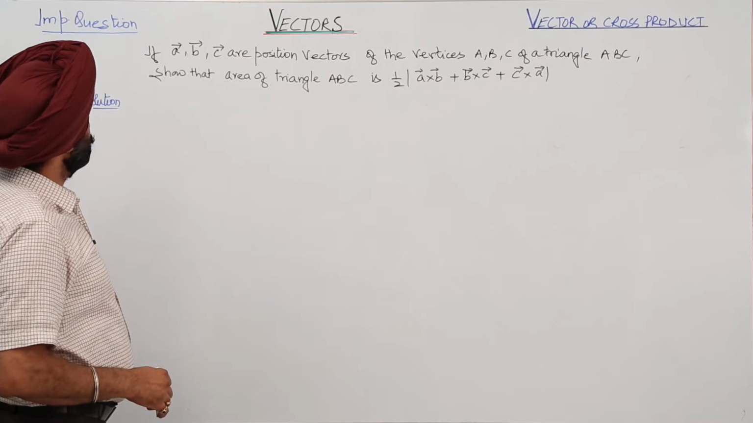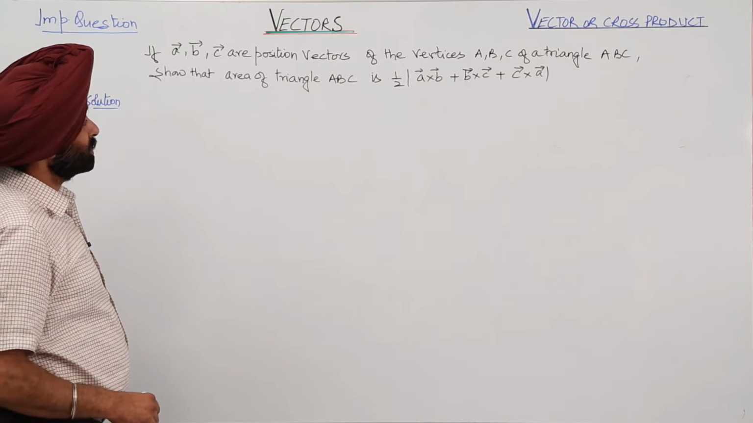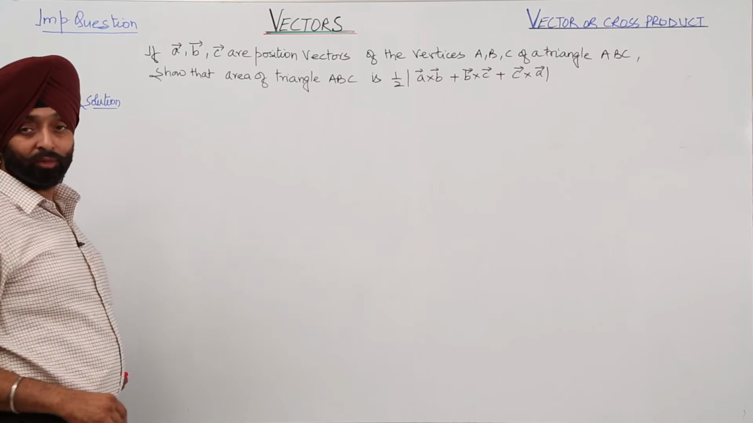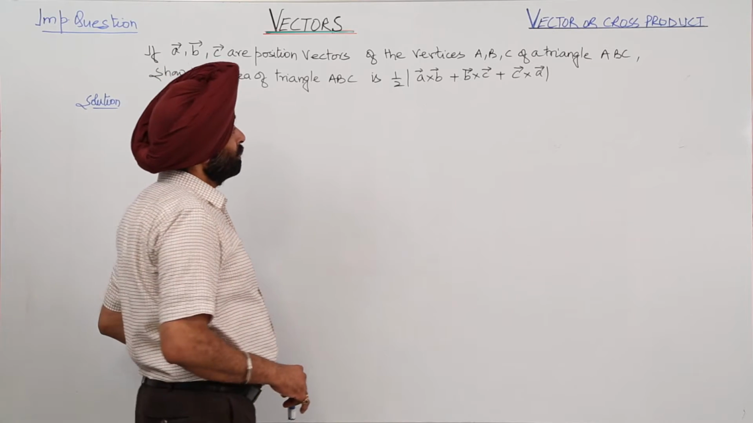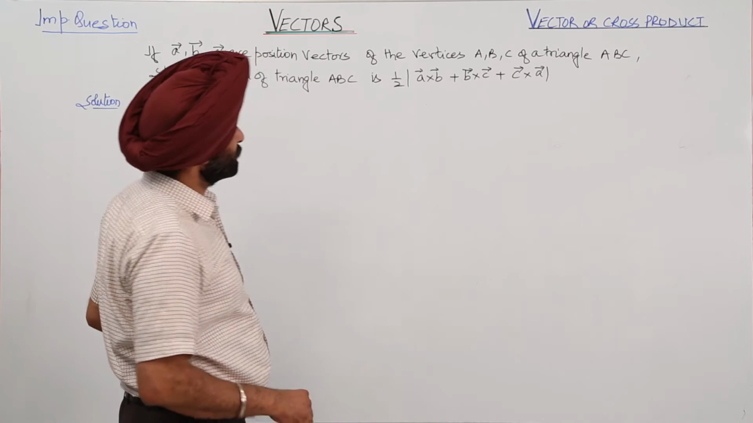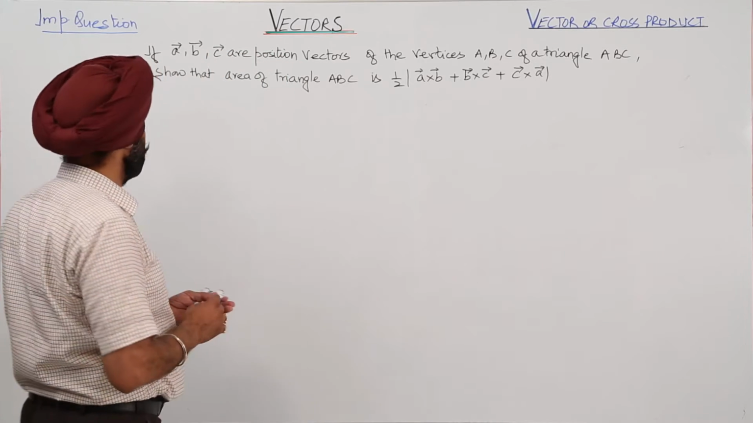If vector A, vector B and vector C are position vectors of the vertices A, B and C of a triangle ABC, show that the area of triangle ABC is half the magnitude of vector A cross vector B plus vector B cross vector C plus vector C cross vector A. Now,